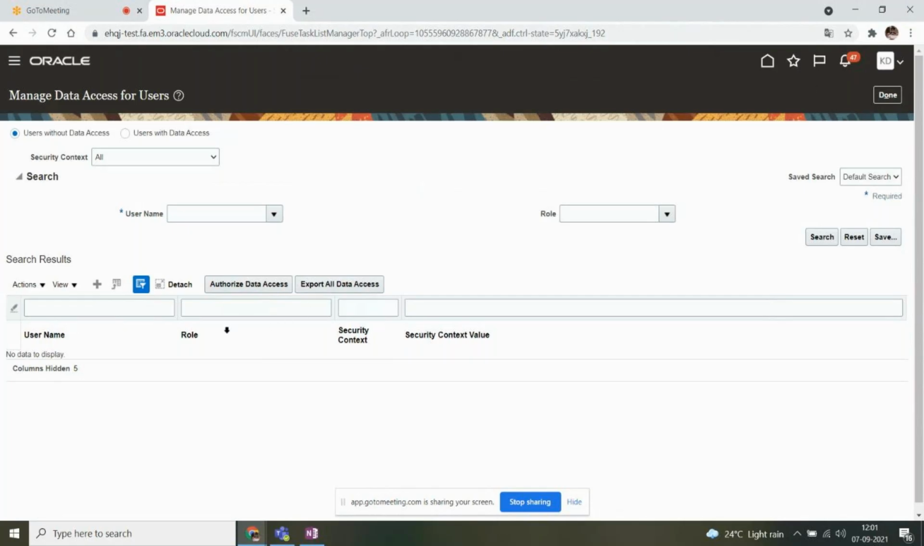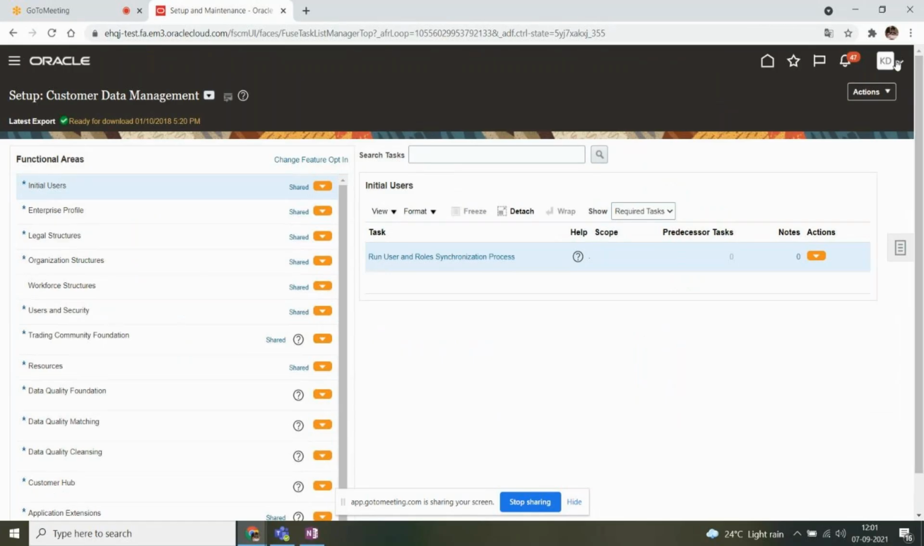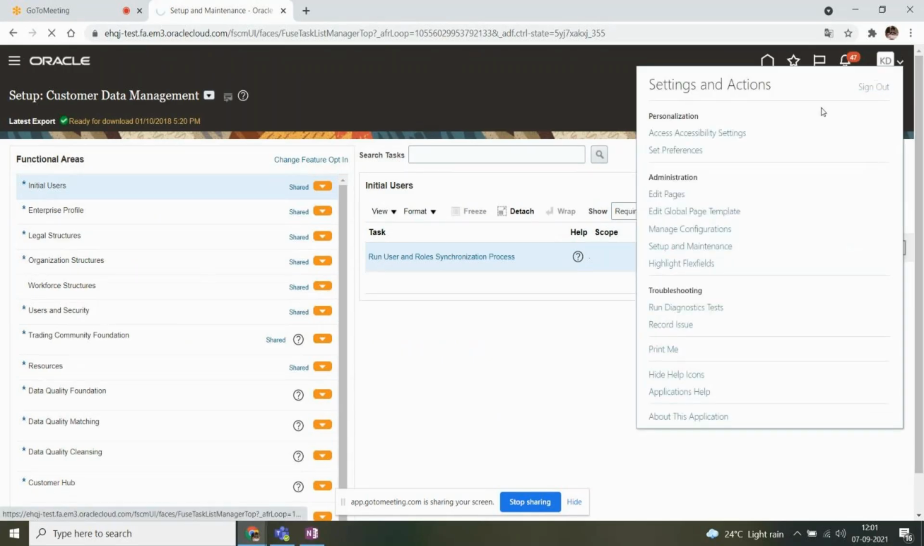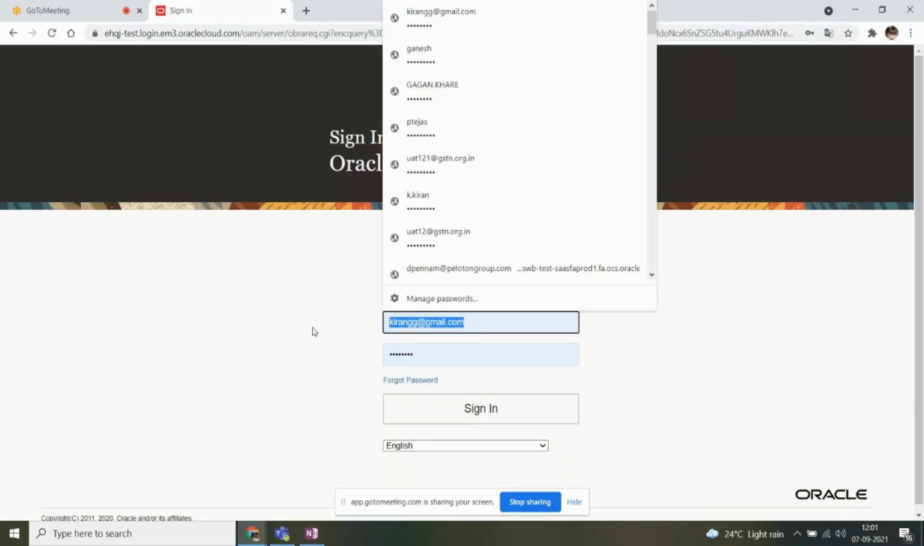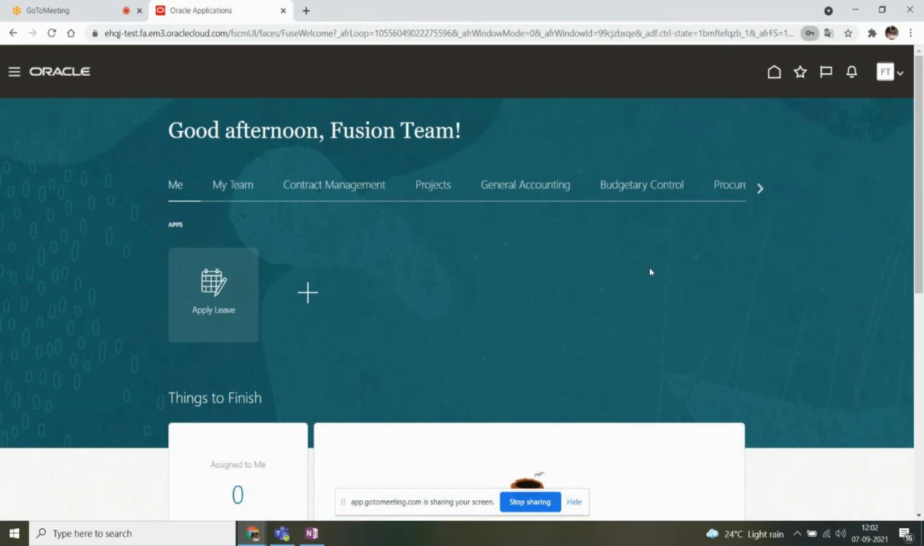and then before giving data access to the users, let's log in with the user and try to access the costing work area, whether we are able to see the existing expenditure item details or not. Then after that we'll try to assign the data access set to the user. Fusion01. Okay, so now let's go to the